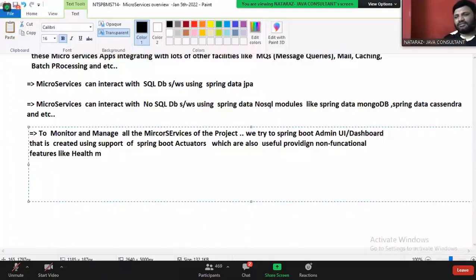What is the memory it is consuming, whether everything is in control, whether it is going to run out of memory, out of stack, that kind of thing. Health metrics on the project or application. All these are there in Spring Boot, guys. We have to take them and use them.